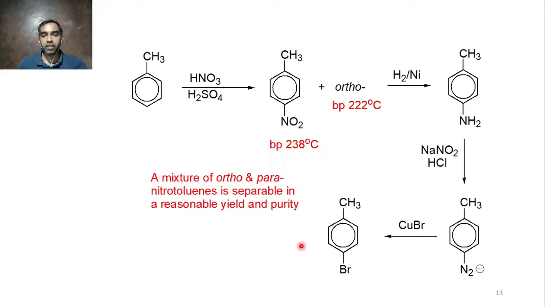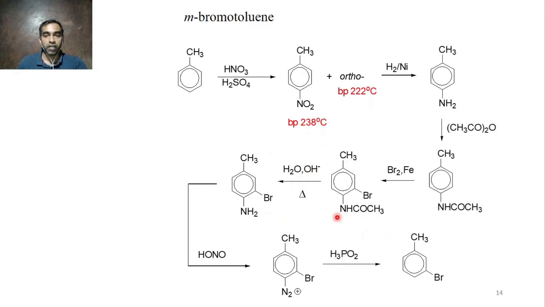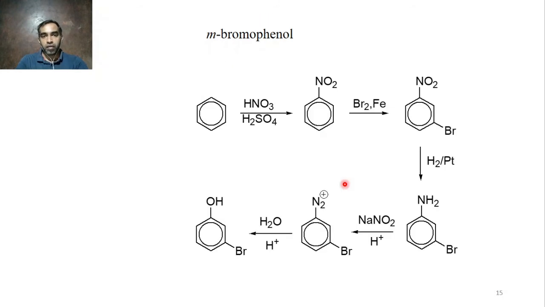You have selectively synthesized para-bromotoluene, and here by this conversion you can synthesize meta-bromotoluene. Both these synthetic schemes are making use of benzene diazenyl chloride, okay, diazenyl salt. So now you can realize how important this diazenyl salt is. Okay, another application for the synthesis of meta-bromophenol. Direct synthesis of meta-bromophenol is very difficult. So what you do, you convert it into nitro and amine, then you convert to diazenyl salt. This will react with H2O in the presence of dilute acid, you will get this.